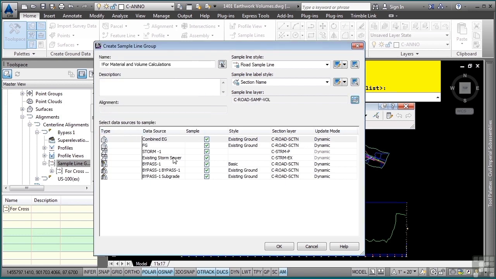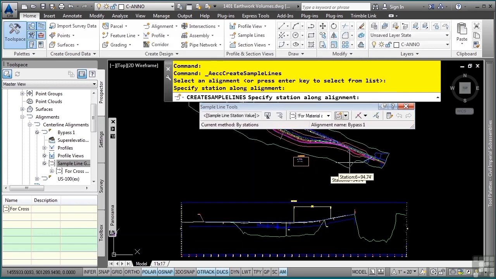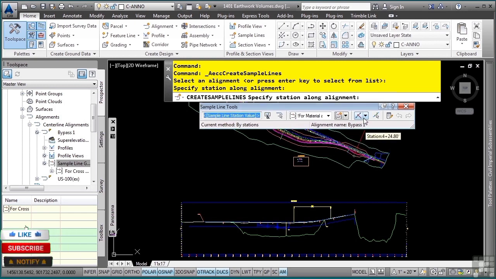Click OK. Now we need to toggle on and off the sources that we need. We don't need everything. All we need is existing ground, the corridor model, and the subgrade surface. So we can turn off finished grade, any of our pipe network objects, and the surface that comes from the corridor object. Click OK. And let's go ahead and define this by station ranges from the beginning of the project